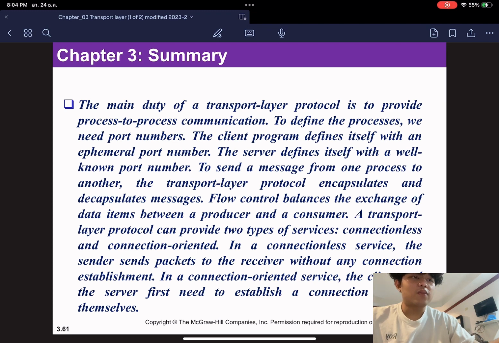The client program defines itself with an ephemeral port number. The server defines itself with a well-known port number. To send a message from one process to another, the transport layer protocol encapsulates and decapsulates messages. Flow control balances the exchange of data items between a producer and a consumer. A transport layer protocol can provide two types of service: